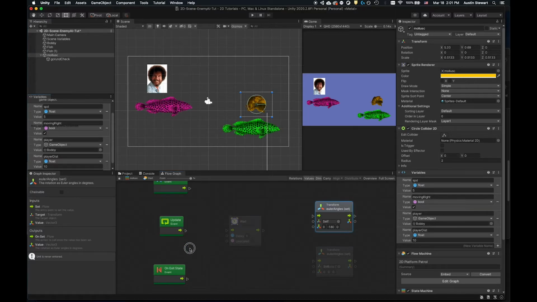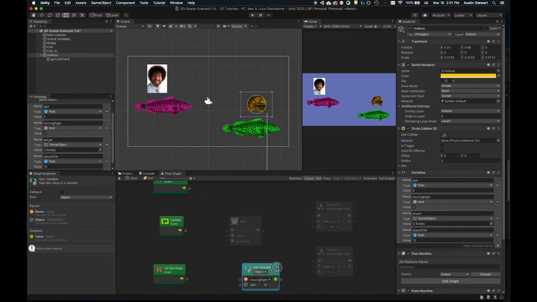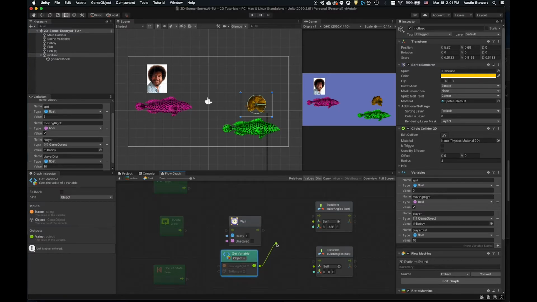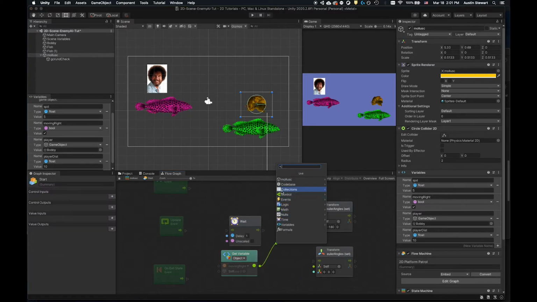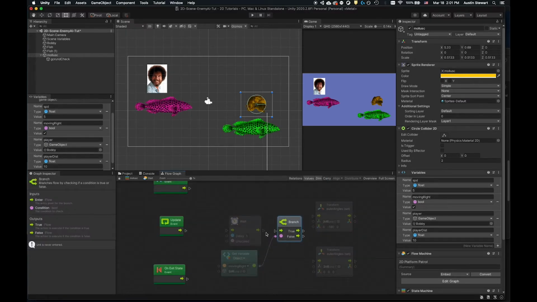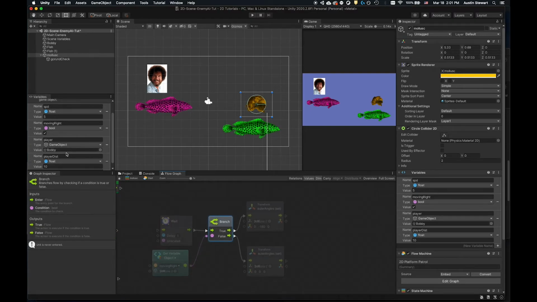So let's go ahead and pull this down, because we're not technically moving right, but we are facing right. And we could create a separate bool that's just facing right. But I'm going to go ahead and choose moving, and if it causes an error, we will change it. I'm going to say branch, and I'm going to connect the flow from this. So after this waits, the flow is going to come here, and if it's true, I want this to go here. If it's false, I want it to go here, and then I'm going to want to set this variable